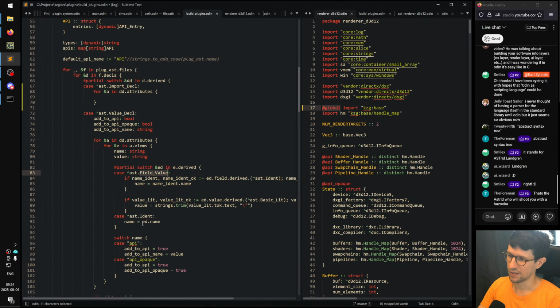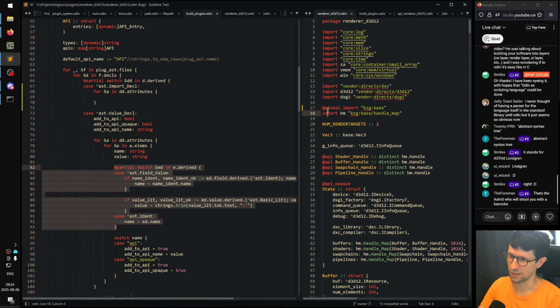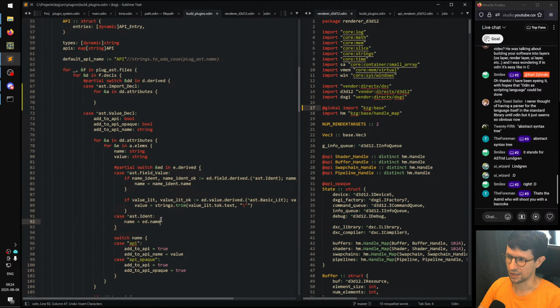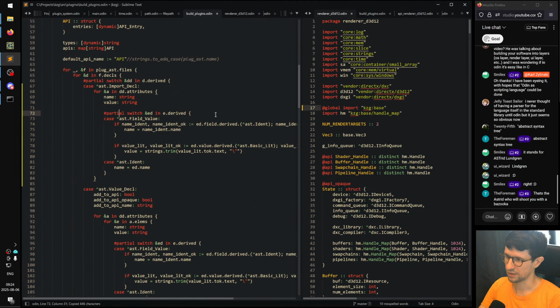Field value. Okay, so the reason there are two different versions here is that sometimes you have something like that, and then it's a field value because you have a name and a value. If it's like that, it's just treated as identity, and then it's just a name. We can just, for now, or we can do both, actually. We can copy that, and we say